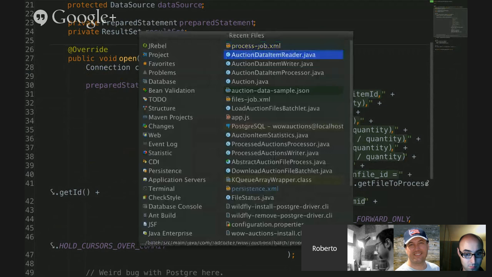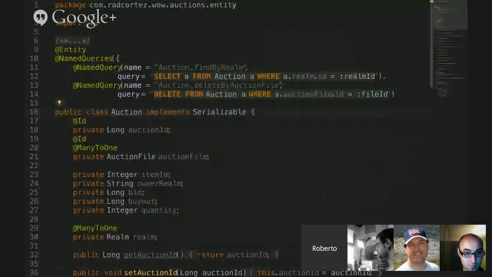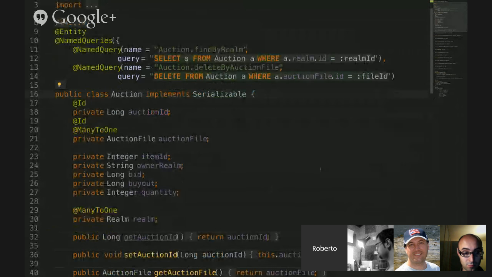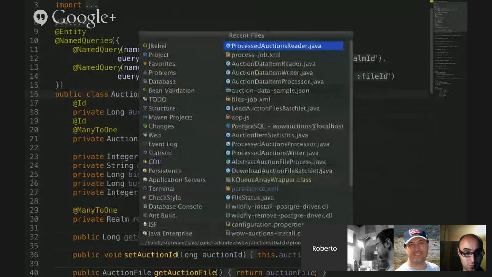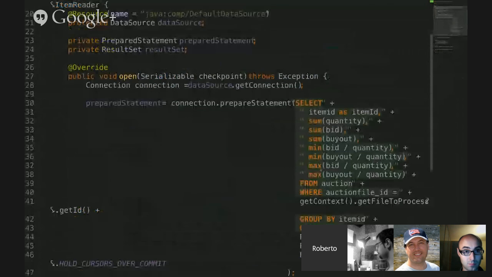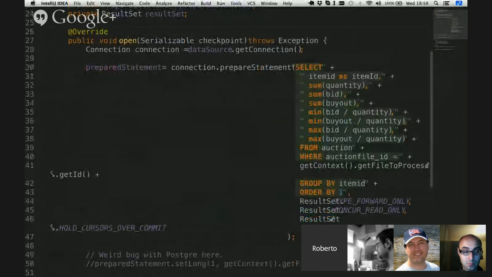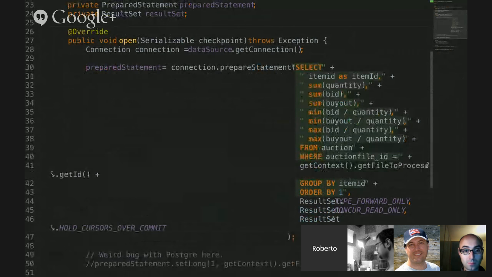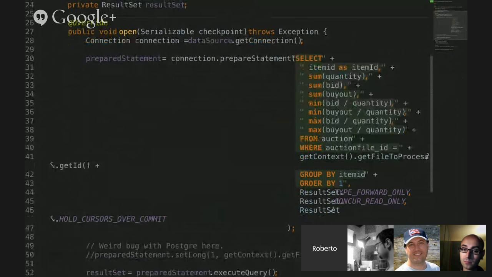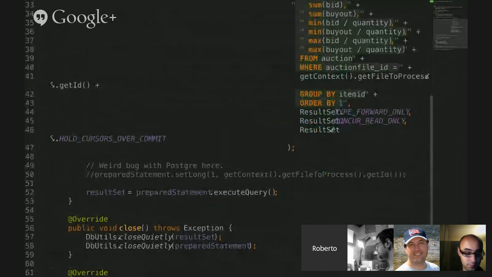As I said before, the option element, the one I read from the JSON file, is this one. So this one I'm persisting on the database, so I can read it again here on this process item reader. Notice that I'm doing this query on the open. So this is actually doing a JDBC query here, and I'm doing this because